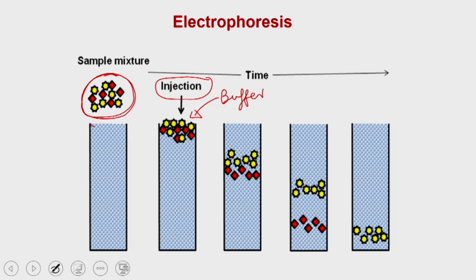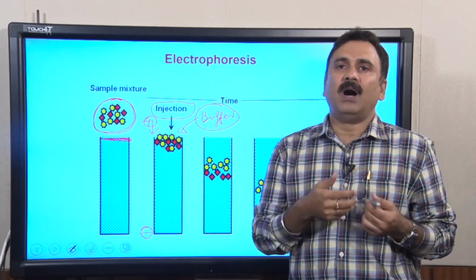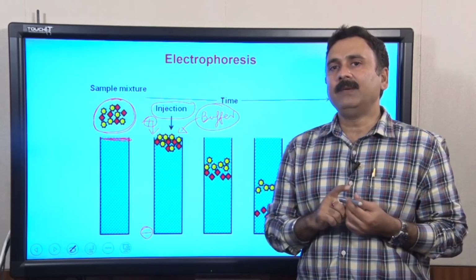What you are going to do is inject them onto the solid support, and then instead of running the buffer, you are going to put the current in with the help of the electrodes. Because you put the current in, what will happen is